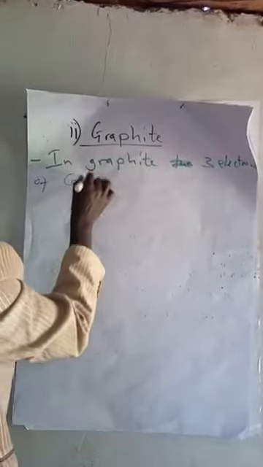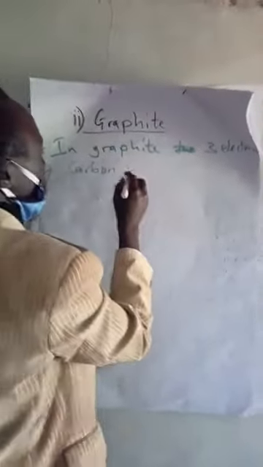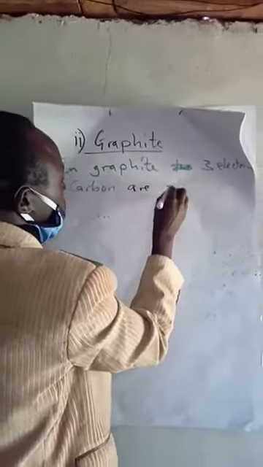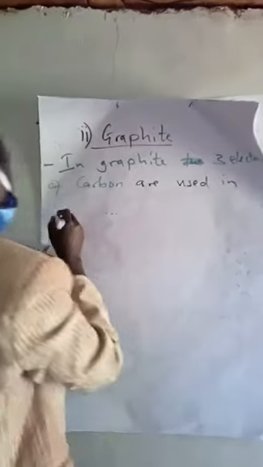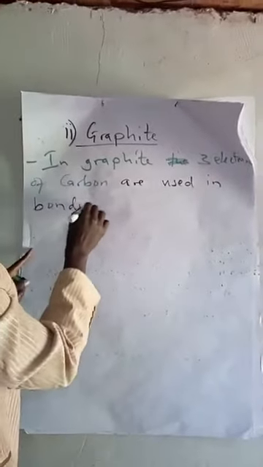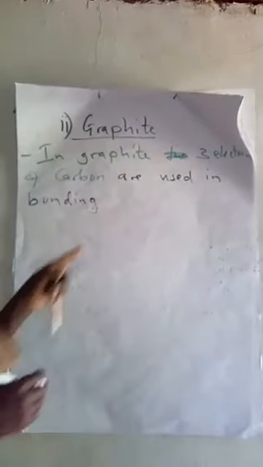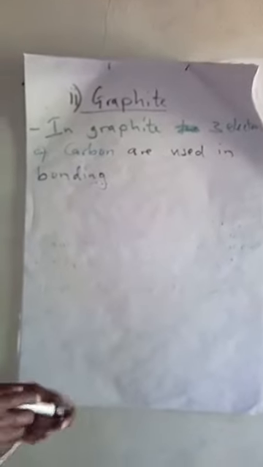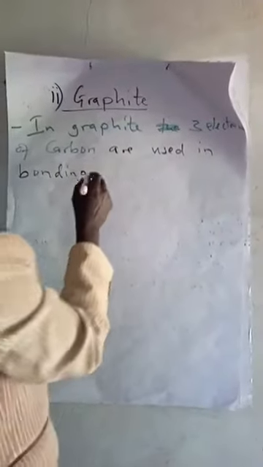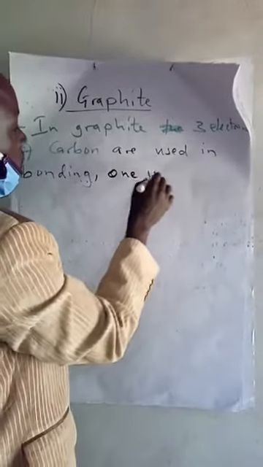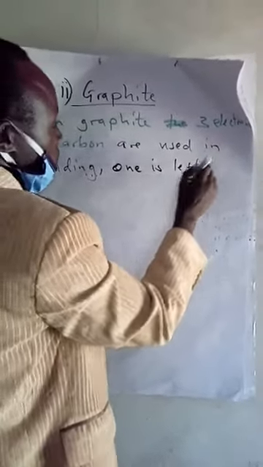So in graphite, 3 electrons of carbon are used in bonding. So if 4 and 3 is used in bonding, what does that mean? 1 is left delocalized. Now, because of the one that is left delocalized,